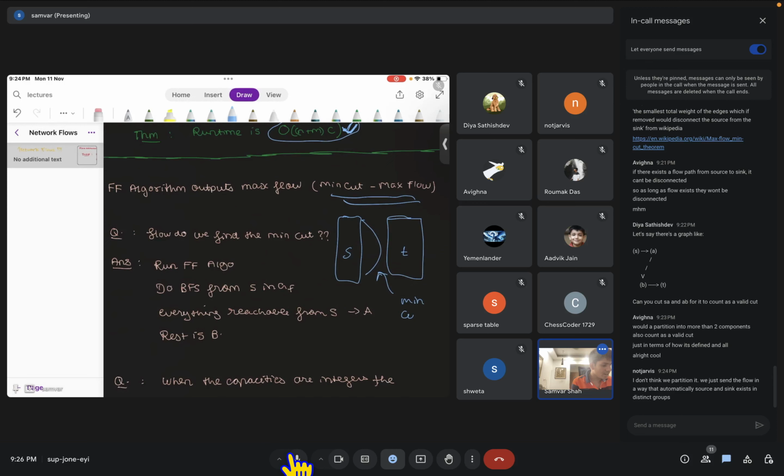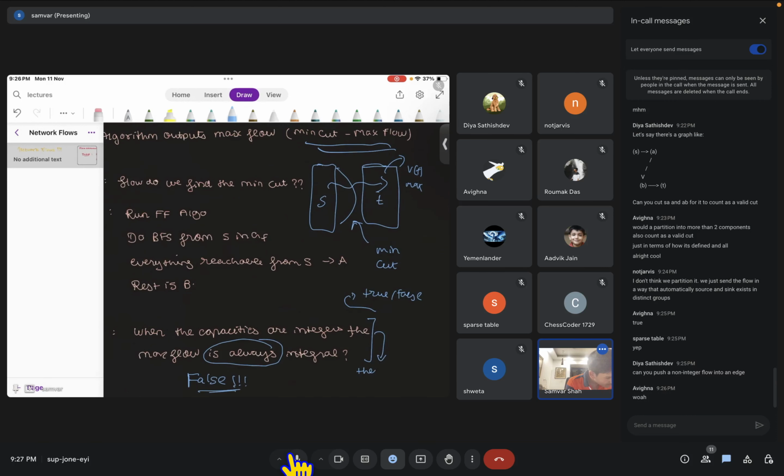And the reason is a trick of words. If my statement was, when the capacities are integral, there exists a max flow that is always integral,